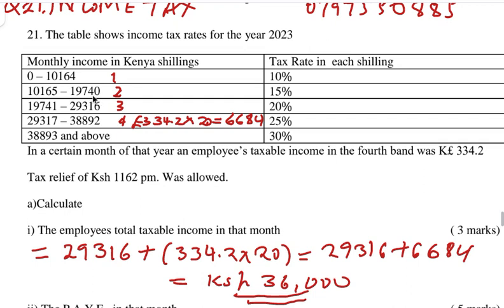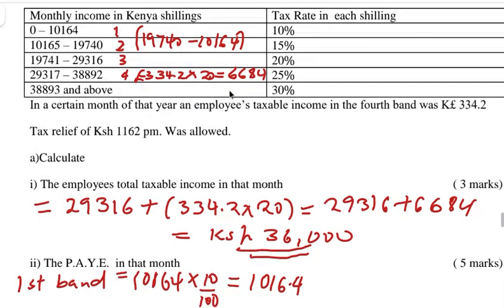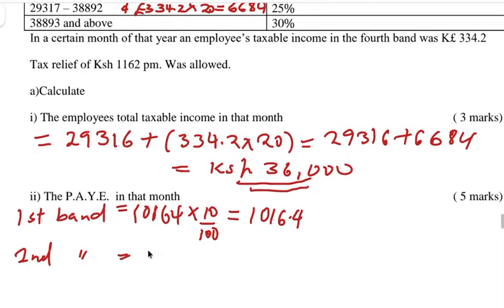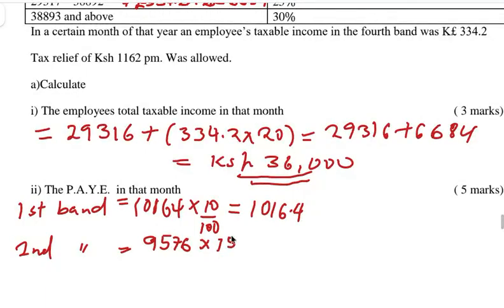So wachukua 19,740 minus 10,164. Sawa? Itakupa answer ni 9,576. So 9,576 times percentage yako ni 15%. So 15%. So answer yako times, chukua calculator yako, itakupa